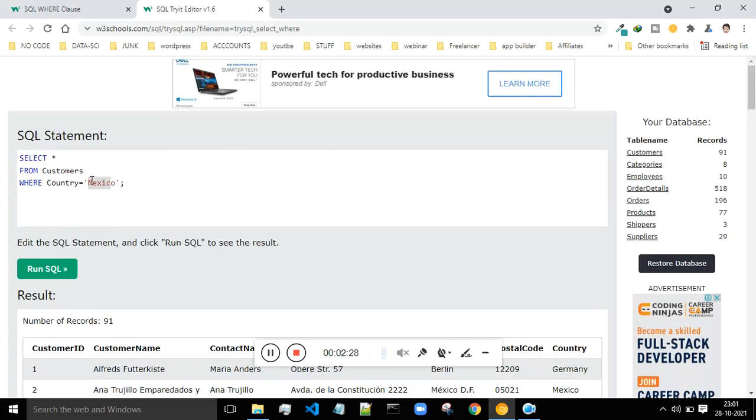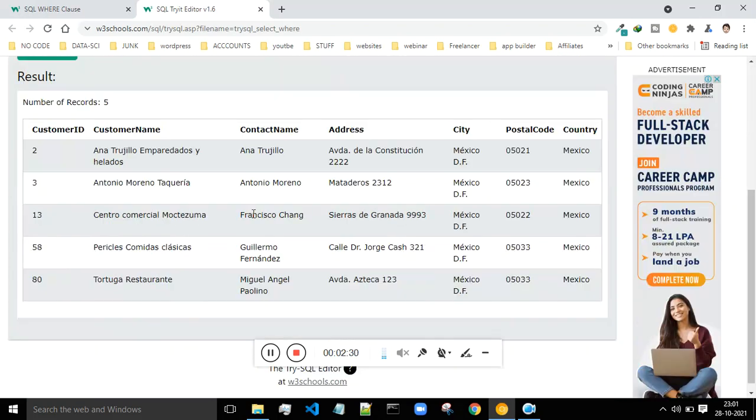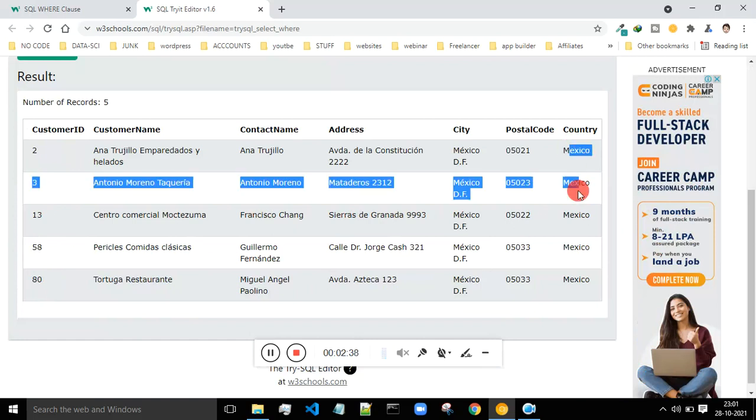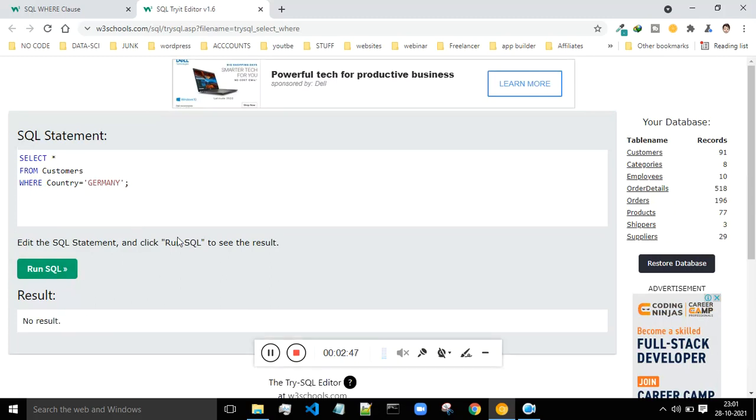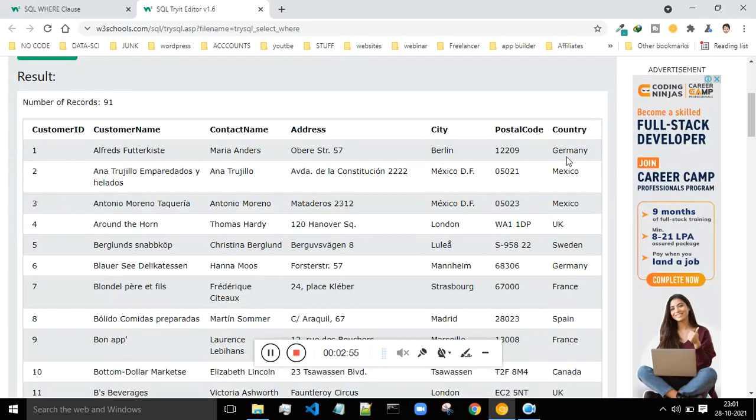So now I have given this condition, and now I will run this SQL. As can be seen, I'm only getting 1, 2, 3, 4, 5, 6 rows, the 6 records where the country is exactly equal to Mexico. If I want something like Germany, okay, Germany is there.